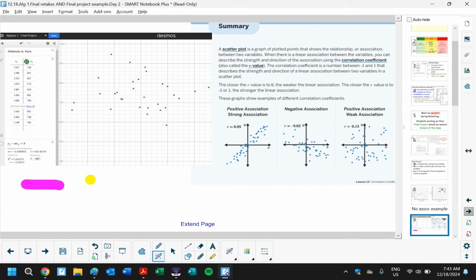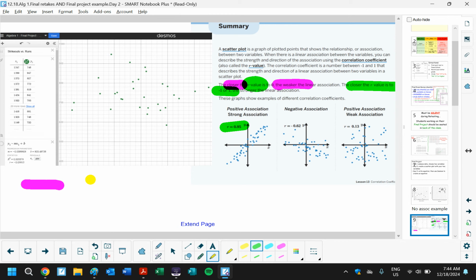Now, we may or may not have skipped a lesson on something titled correlation coefficient. Long story short, there's this R value quantity, and the closer it is to 0, the weaker it is to a linear association. Meanwhile, the closer it is to either positive 1 or negative 1, the better it is. If you take a look at R as 0.95, you can see pretty clearly that you should be able to draw a decent line of best fit that really does do a good job predicting